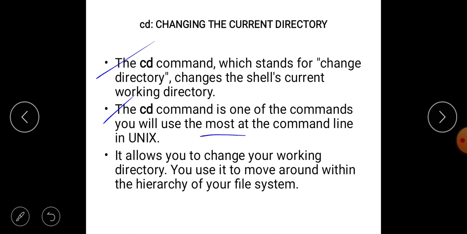It allows you to change your current working directory. You use it to move around within the hierarchy of your file structure.